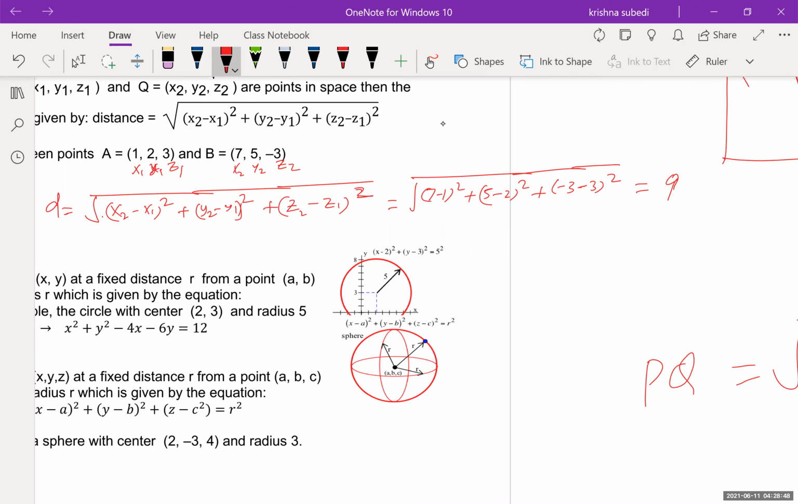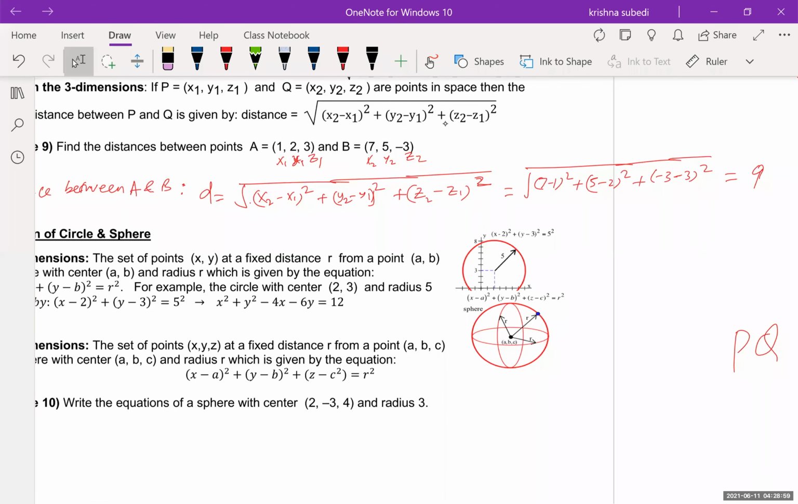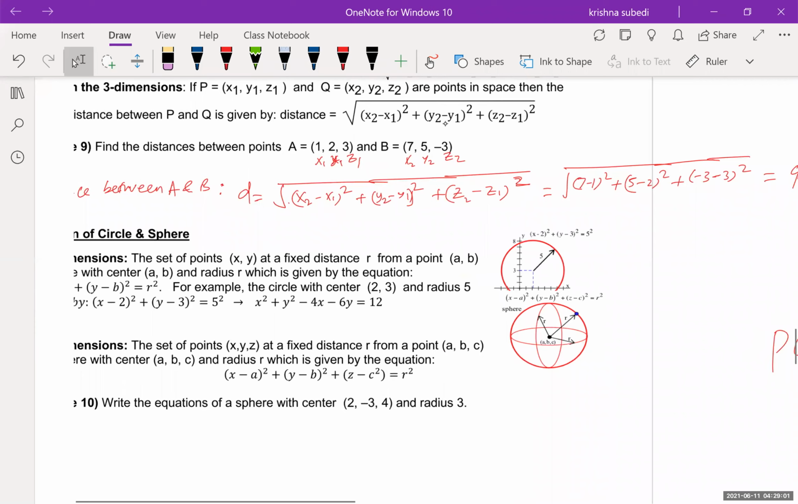Yeah, so many of you got 9 there in the chat box, and I trust that it is the right answer because it is very difficult to get the same wrong answer. Anyway, so the distance between A and B is 9. That's how we can calculate. Okay. Now let's look at